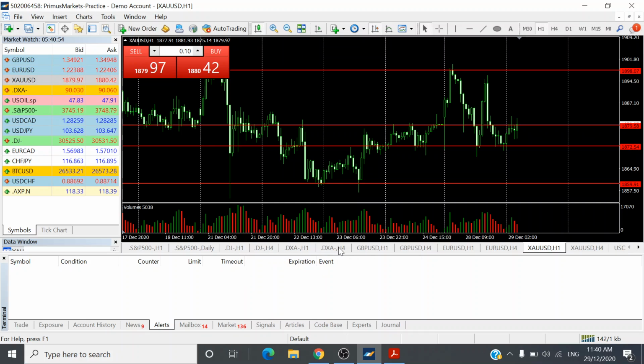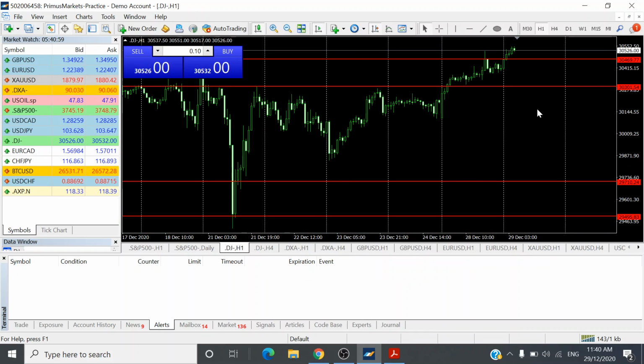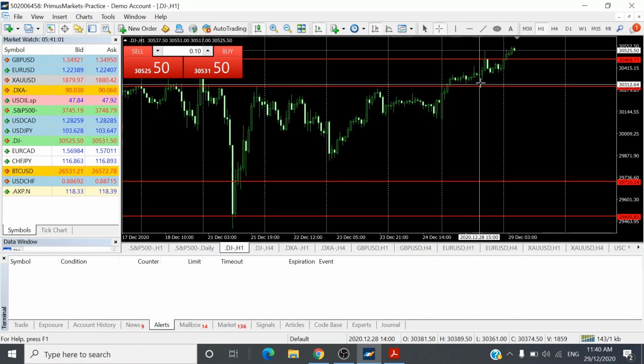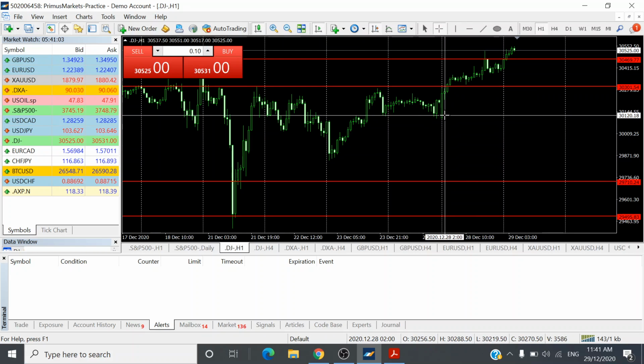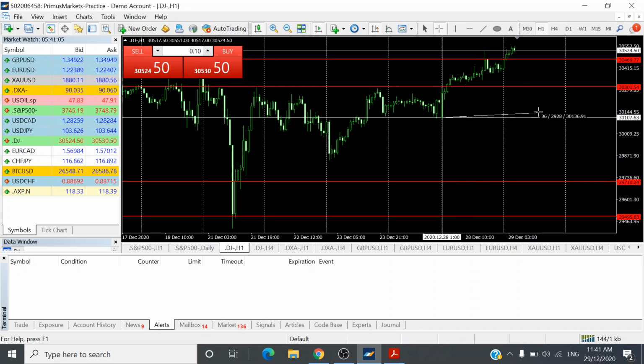With Brexit coming up soon, 31st of December, the deadline. And of course, we do see the U.S. equity indices touching new highs. The Dow Jones Industrial Average opened at 30,107 points, and it closed at a high also at about 30,463 points, and currently is still on a bullish trend.